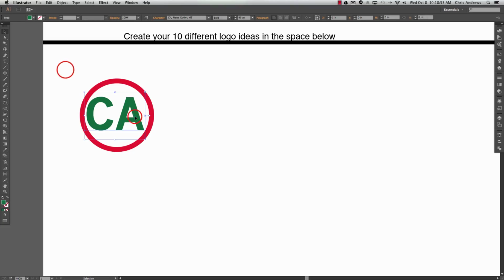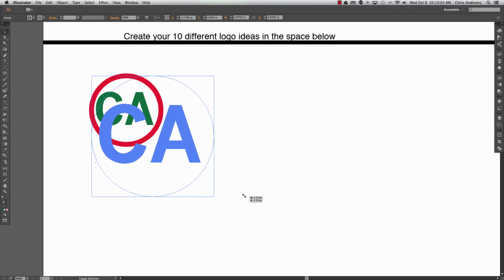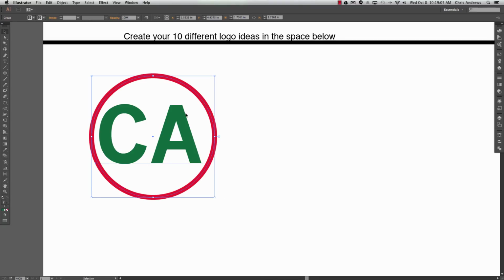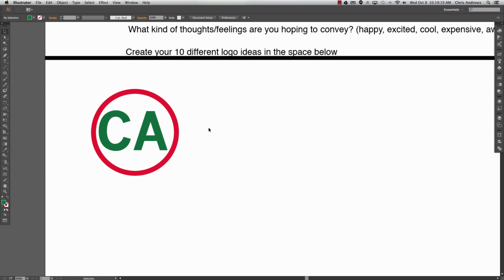Now the nice thing is that once this is done, I can group it together, Command G to group, and then if I ever want to move it out of the way, or if I want to make this whole thing bigger, I can now do it after I've grouped it together. I can resize the whole thing, and this I'm okay with doing. It won't distort it as long as you hold down Shift as you're making your changes. So you're going to put 10 different ideas, 10 different solutions. And then once you're done with that,